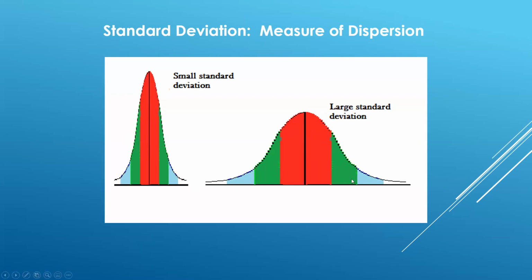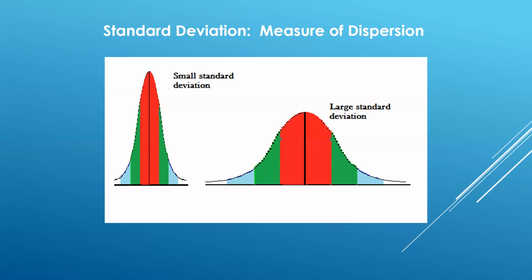Well, the area under these curves always equals 1. So that's why if it gets narrower, it must get taller. And if it gets wider, it must get shorter, because the area has to maintain its total area of being equal to 1. Now, to calculate standard deviation is a very complex formula. It's a lot of steps. It's not easy to do by hand.